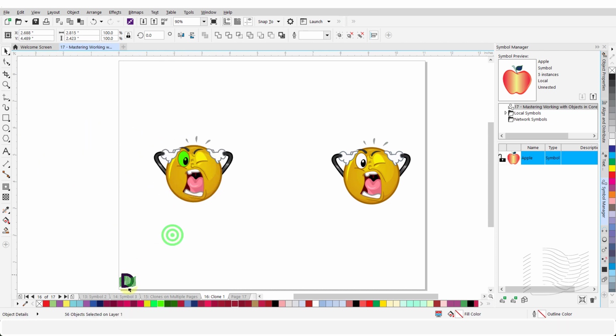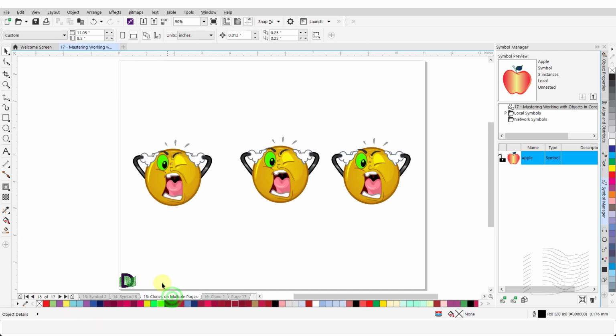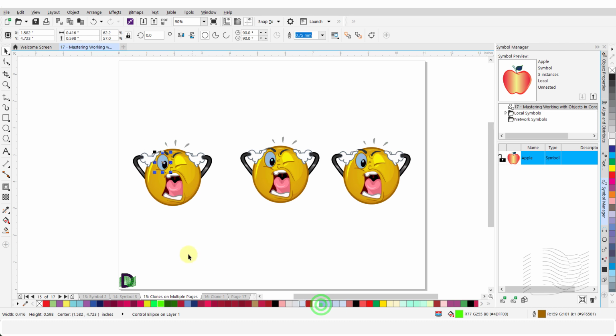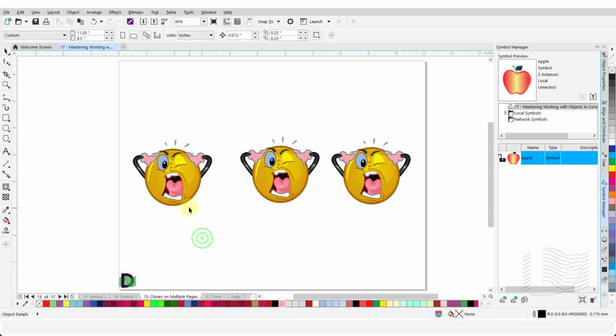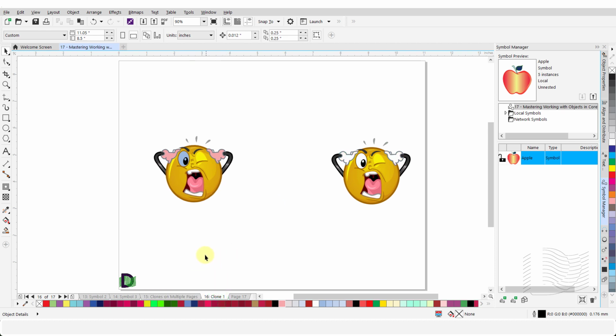I will switch back to the page with the original object and make a change to it. Once again, I will change the color of the OpenEye and then the color of the hands. As expected, the change was applied to the clones on this page. And when I switch to the other page, you will notice the same changes applied to this clone as well.